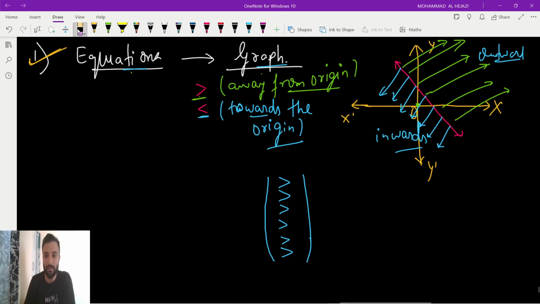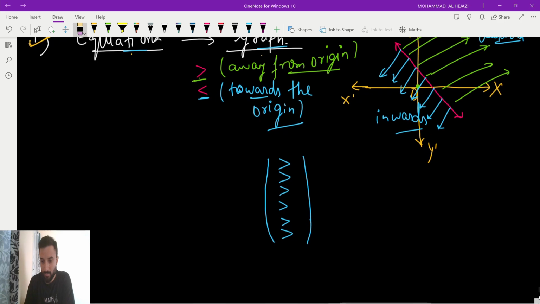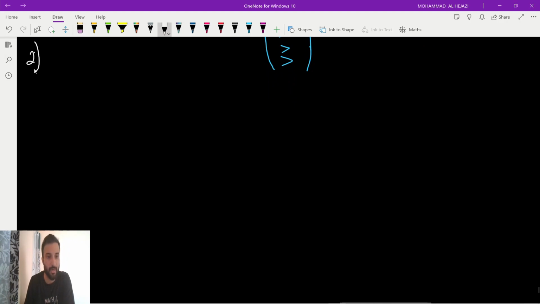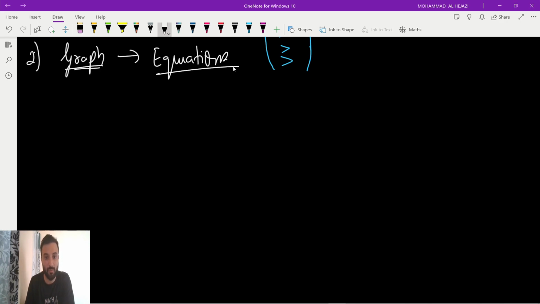Okay, second thing is the opposite of this. If they give the graph, from that we have to find the equations. So guys, it is very easy. They will give the graph, we have to find the equation. Very easy. The first thing you have to keep in your mind is